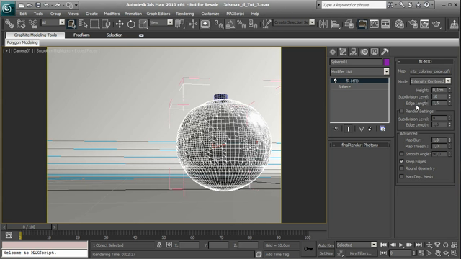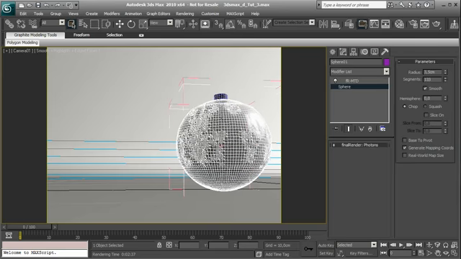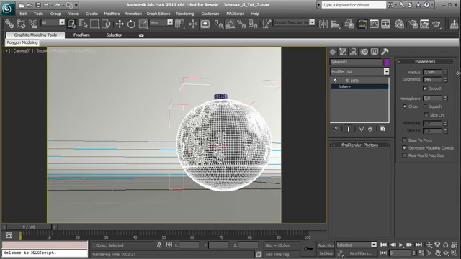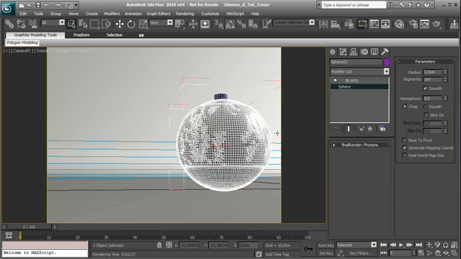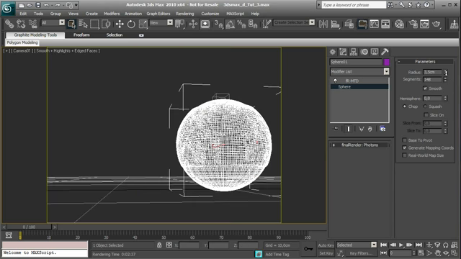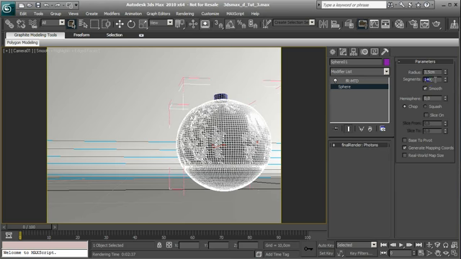Okay, and let's see. The rendering is 8, so let's use 8, and we need more faces. Okay, let's try with 200,